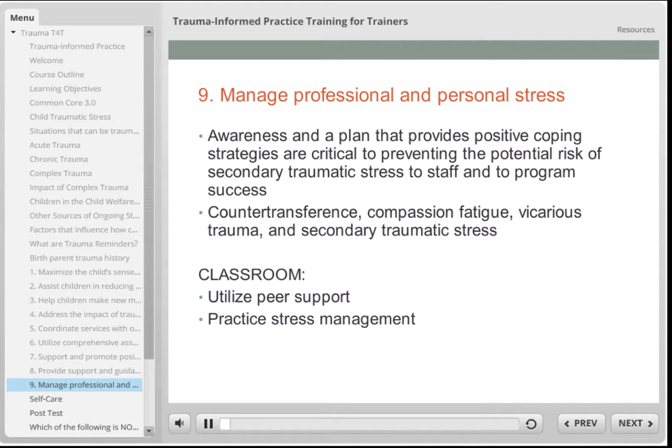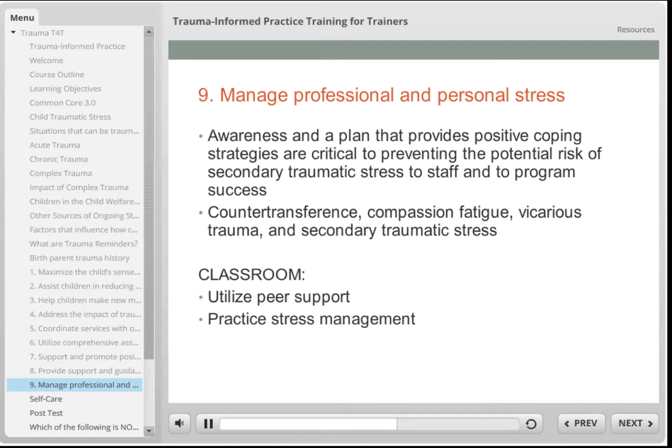Number 9. Manage professional and personal stress. There have been multiple terms used to designate exposure to the trauma experienced in one's role as a helper. The four terms that are most common are countertransference, compassion fatigue, vicarious trauma, and secondary traumatic stress. Just as with the children themselves, social workers who work with children and families who have been victims of trauma are at risk of experiencing alterations in their thinking about their world, in their feelings, in their relationships, and in